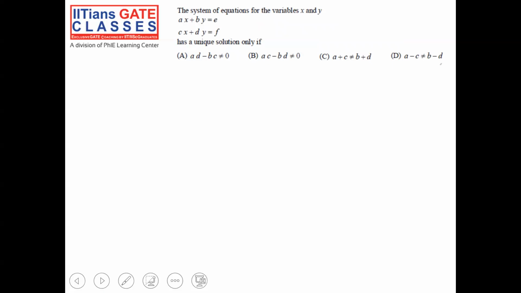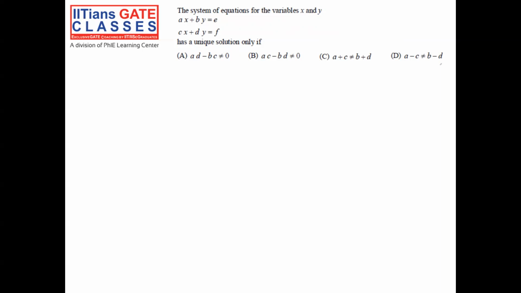Coming towards next question. This question is from linear algebra. The system of equation is given in terms of x and y, and they are asking if the system has a unique solution, then which of these 4 options is correct. So let's try to understand